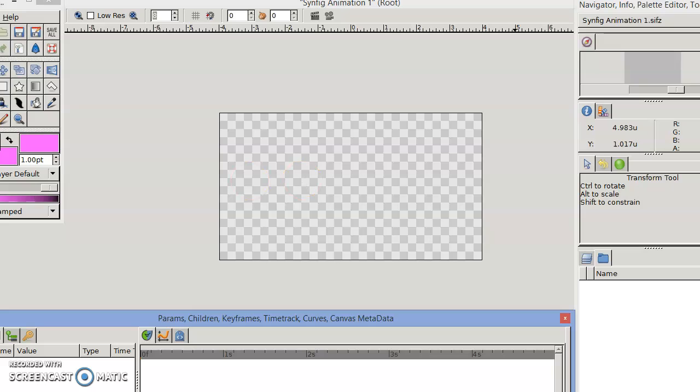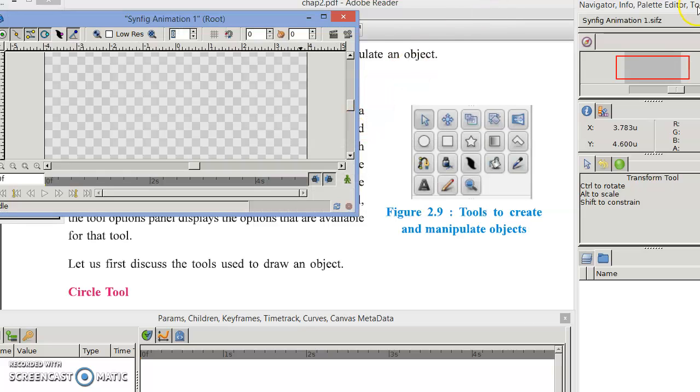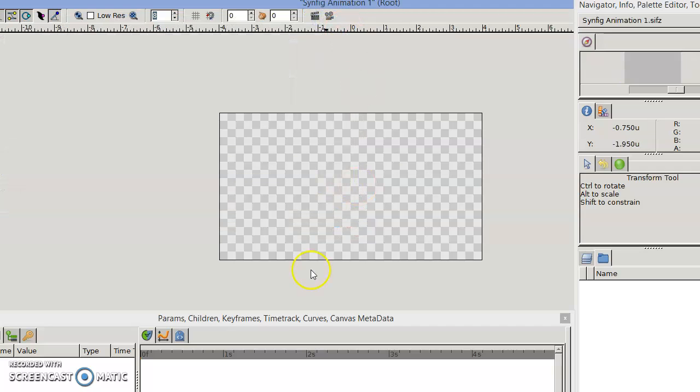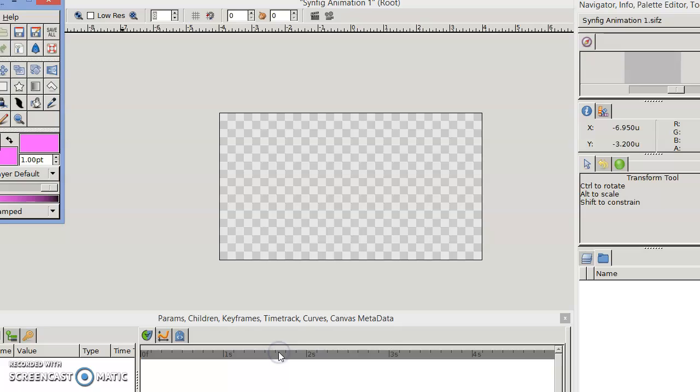This is the original layout of our Synfig window. I just resize it so you will be able to see it. This is similar to our textbook. Just the toolbox has disappeared from here.